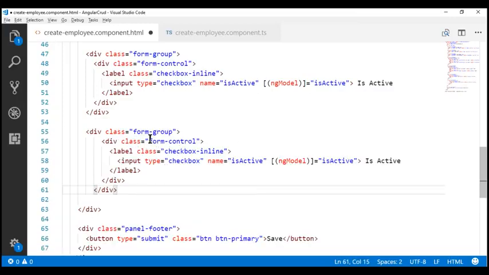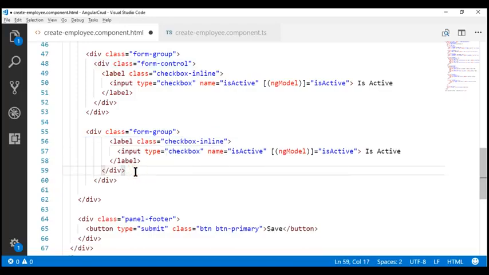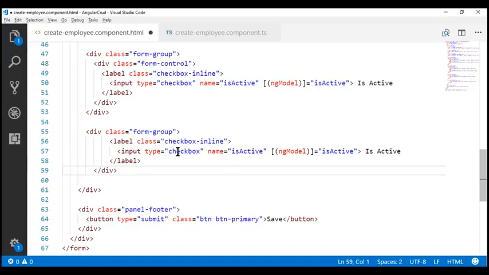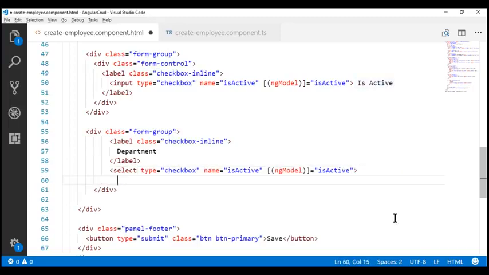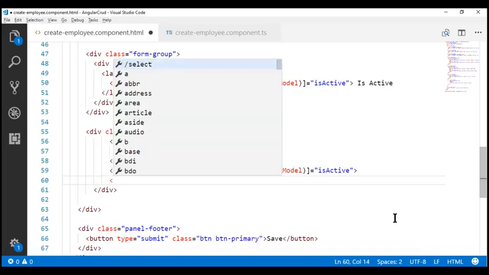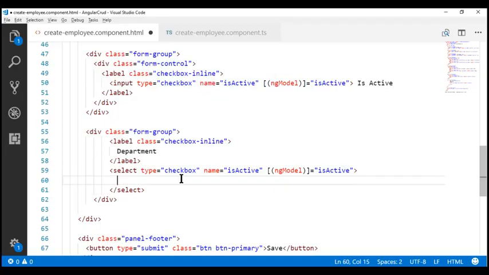We don't need this form control div, so let's get rid of that, and let's also get rid of the closing div. And let's move this input type checkbox out of the label. And for our drop-down list, we want the label as department, and we want a select list. So instead of an input element, let's use a select element, and with the select element we also need its corresponding closing tag. So let's include the closing tag as well, and let's give our select element an ID. Let's call it department with a lowercase d,